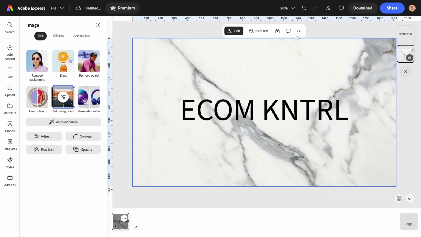When you use Set Background, the image is scaled to fit the canvas and locked into the background position, which makes it much easier to build the rest of your design on top of it. This is especially helpful for posters, thumbnails, presentations, social graphics, or any project where you want a full-frame image behind